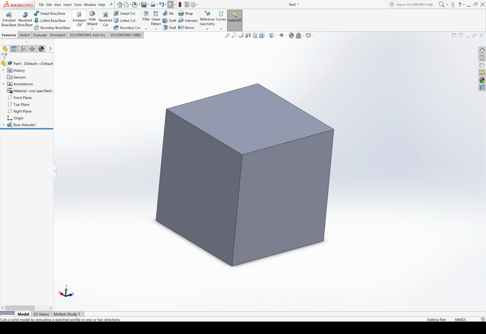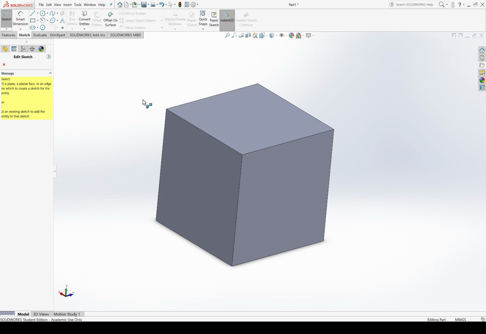So here, I want to use the extruded cut feature, which requires a sketch. So we have to create another sketch. If we go into Sketch, hit the Sketch button, it'll ask us where we want to create the sketch. I could choose one of the coordinate planes again, or I could choose one of the edges of my cube. I have to create the sketch on a plane.